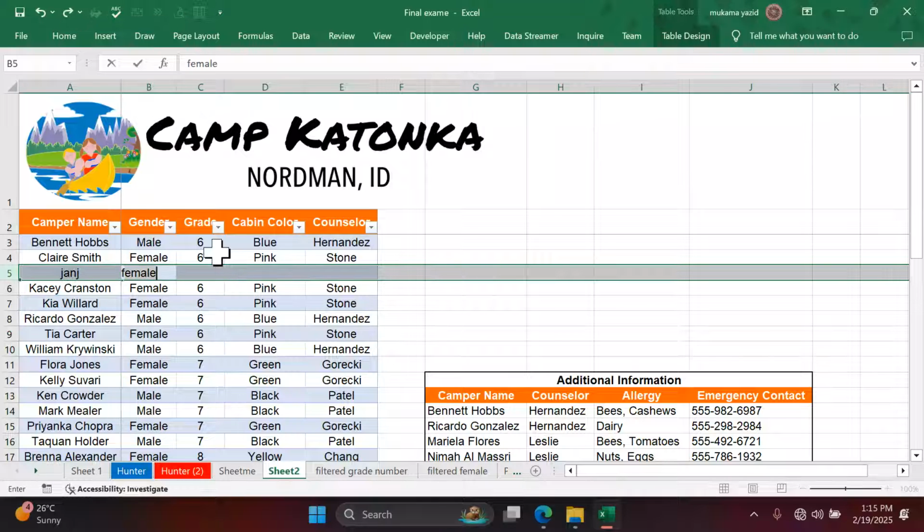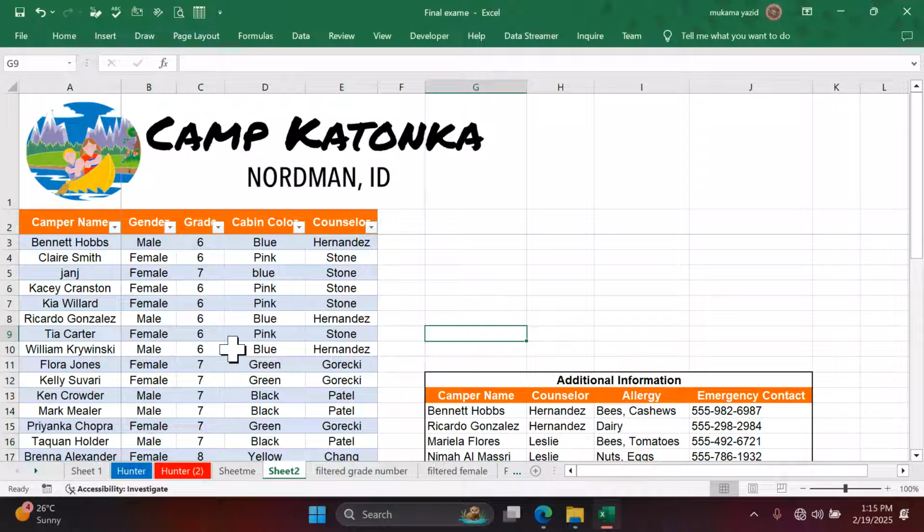Then female, maybe female or male. Then grade, I can say 7, and blue, any color. And I can put that one, stone. Then it's okay. I think that is finished. Then